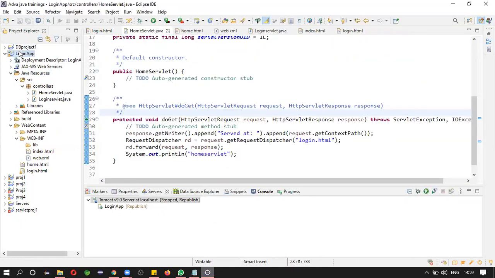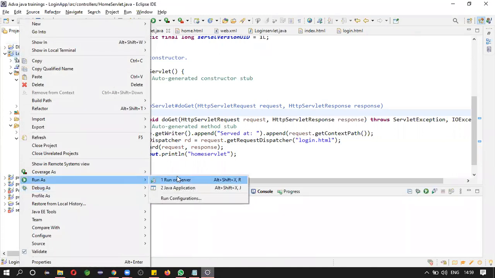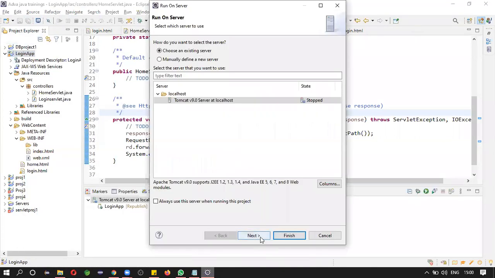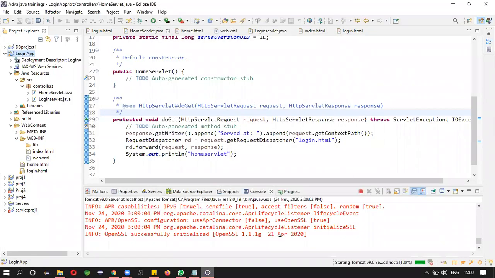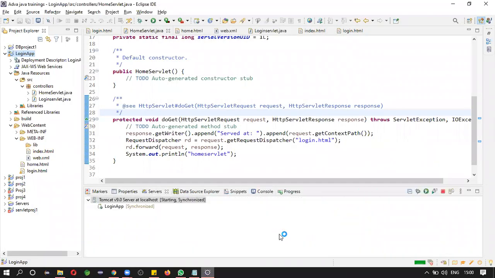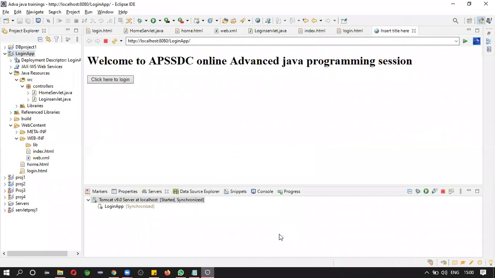Right click on this, run as. Just a minute, please wait.